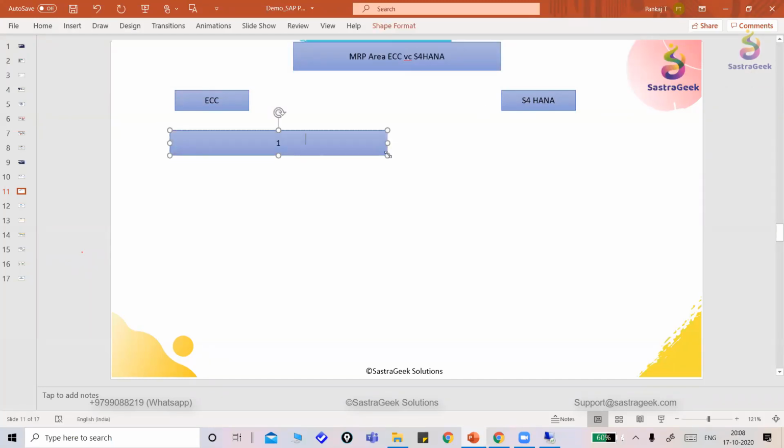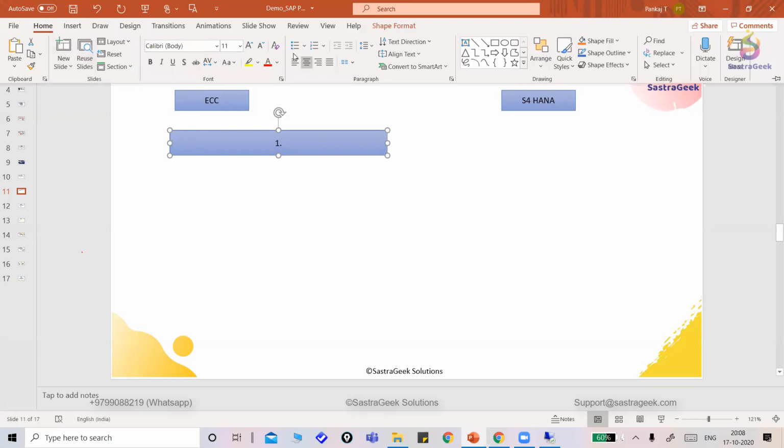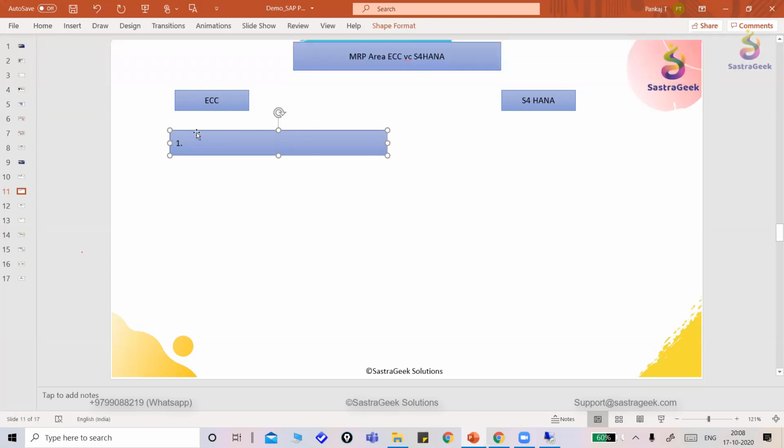The first thing is, in ECC we are able to run MRP at the plant level as well as the MRP area level, because we have the MD02 transaction code, where we can give the MRP area separately and do this kind of planning. And you are able to do that only because in ECC we need to activate